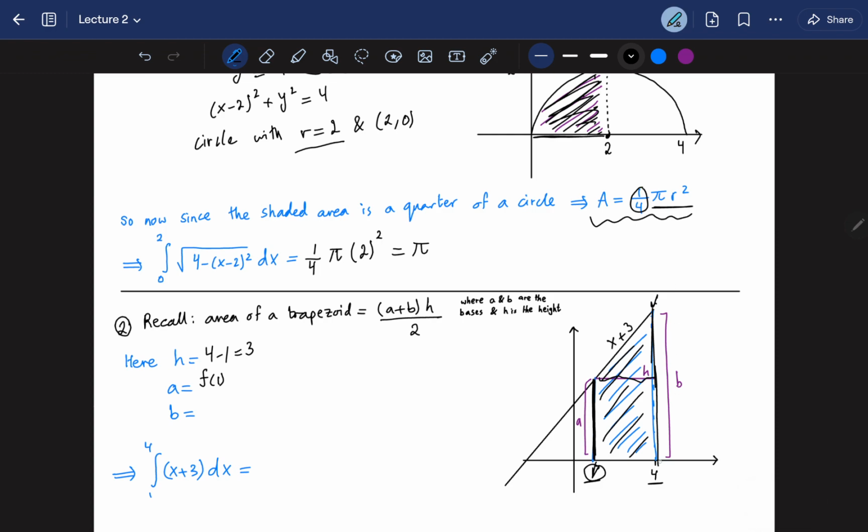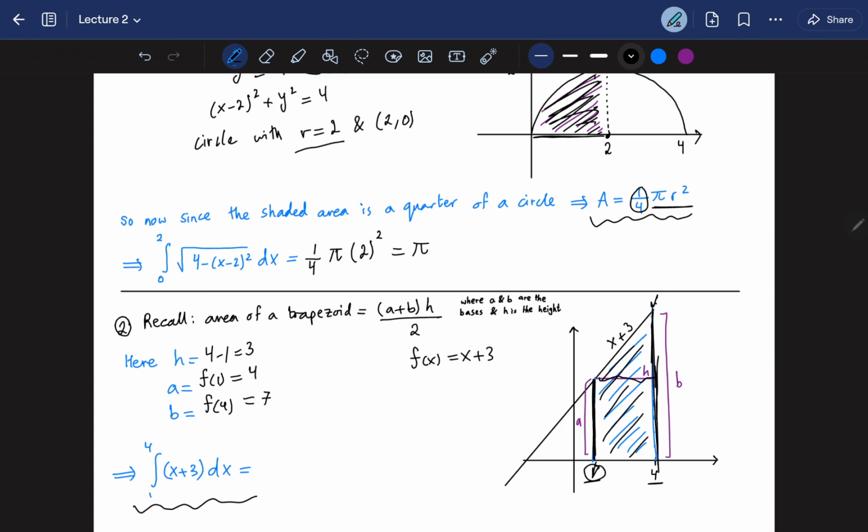Similarly for b, since it's a y distance, when x is 4, your b is just f of 4. And our function here is just x plus 3, which is my integrand. So we're just going to substitute. So f of 1 is just 4. F of 4 is just 7. Which means that the integral from 1 to 4 of x plus 3 dx is just going to be